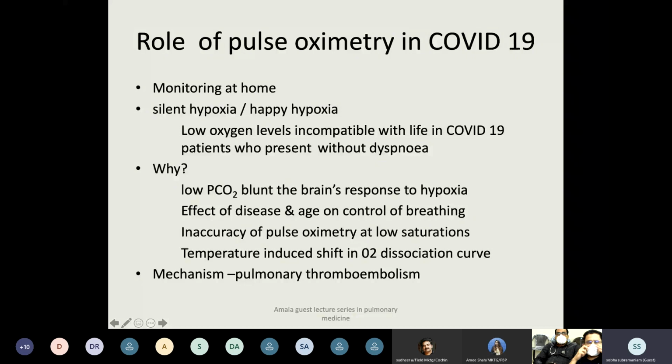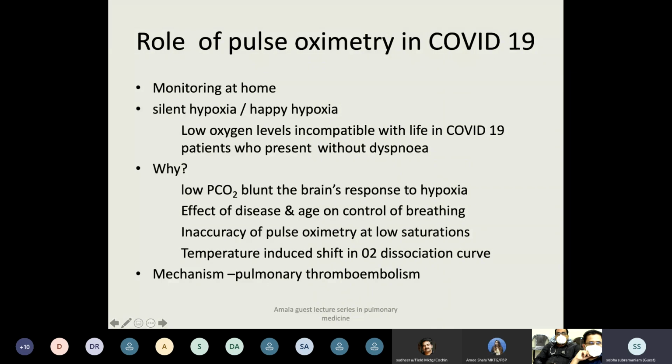We all know that SpO2, that is the oxygen saturation you get in pulse oximetry, and SaO2, the saturation of oxygen that we get in the ABG, can differ roughly by plus or minus 5%. And the SaO2, that is the arterial oxygen saturation, and the partial pressure of oxygen do not share a linear relationship. They have what we call a sigmoid shape of the oxygen dissociation curve.